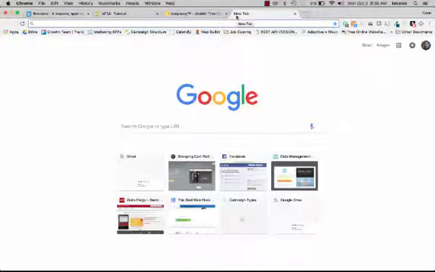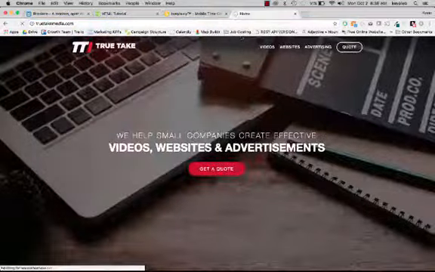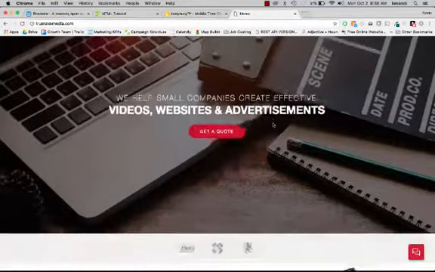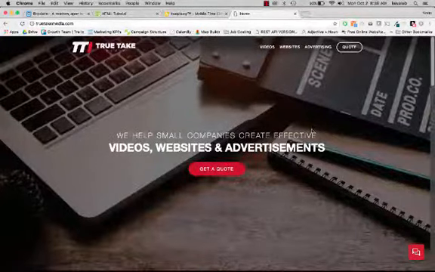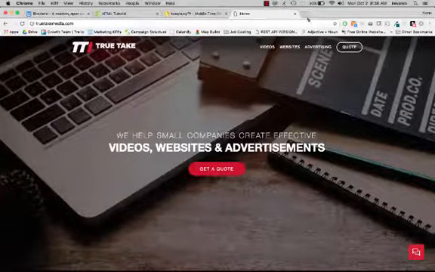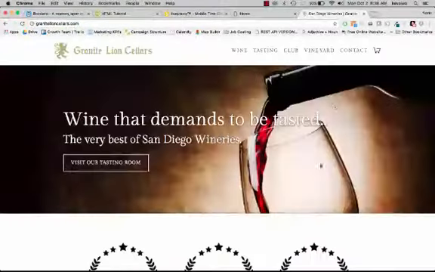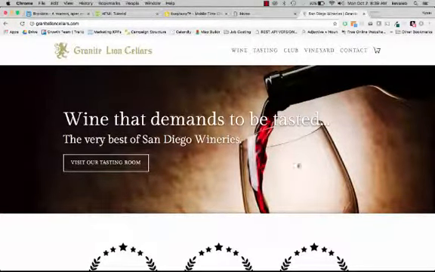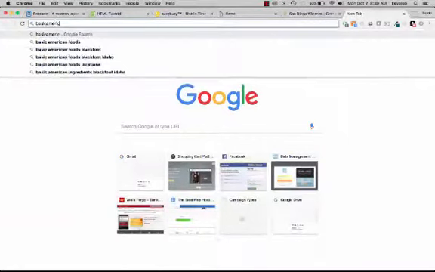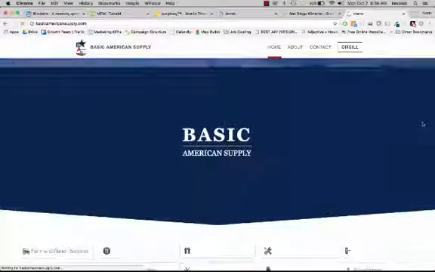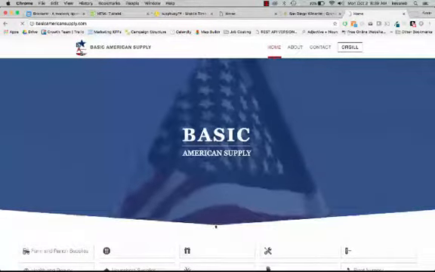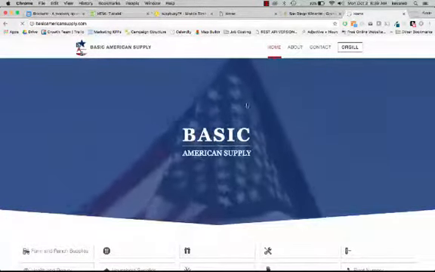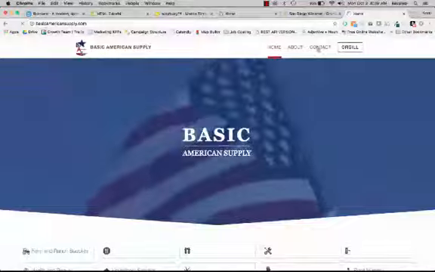You can have simple banners like, go to TrueTake Media. We have a full height, full width banner here. GraniteLionSellers.com has a slightly smaller banner, but still a banner nonetheless. BasicAmericanSupply.com also has a banner. So hopefully that gives you somewhat of an idea of what I mean by creating a banner. Let's jump back into our